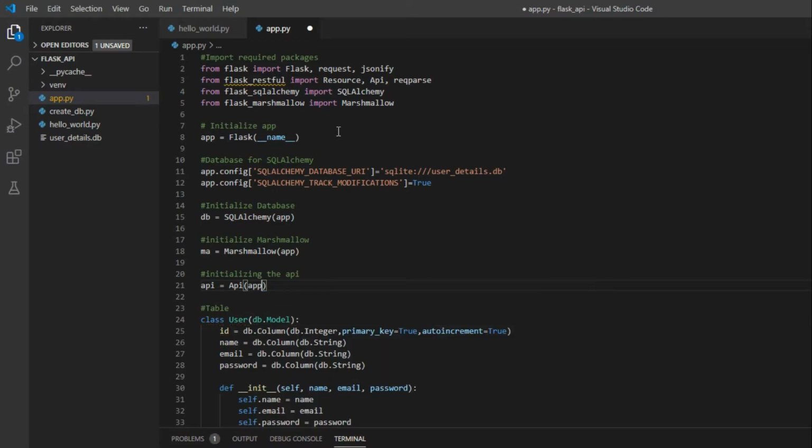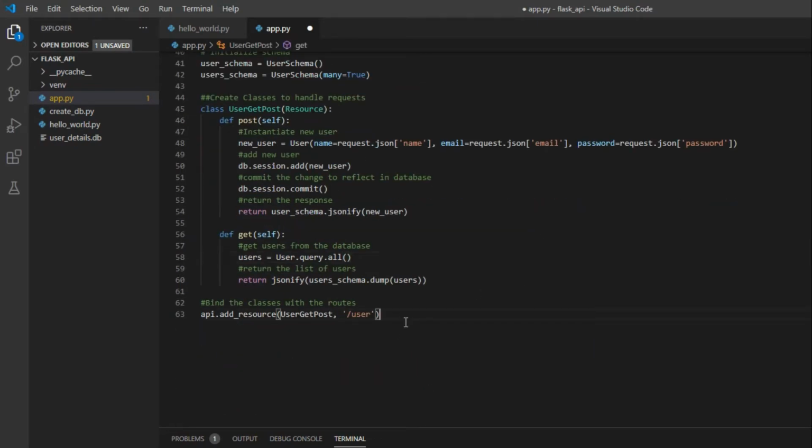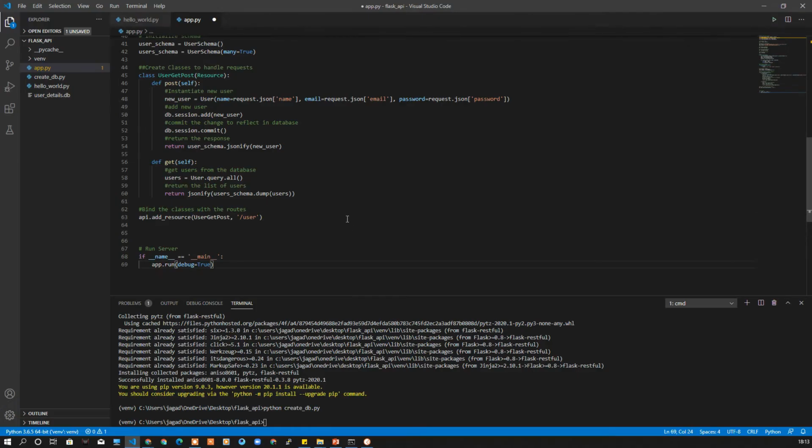Okay, we have initialized the API. Now the final thing is to define our main function to run the server. Let me save it. I have saved the file. Let me run app.py.